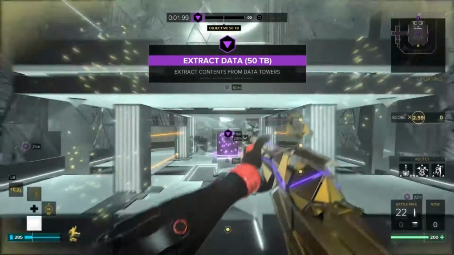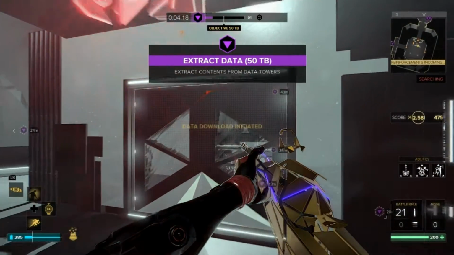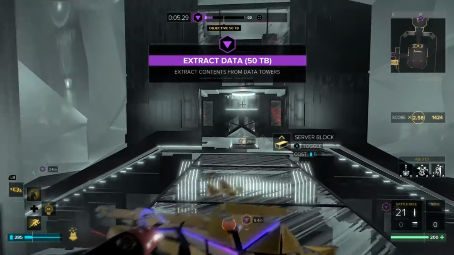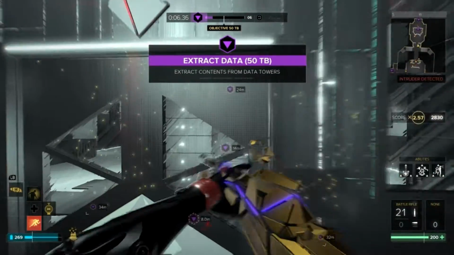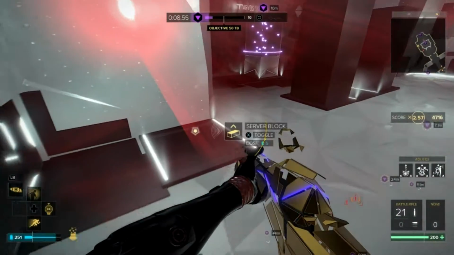Right, the speed run. I'm going to show this twice, once at half speed and once at full speed. So you want to jump, Icarus Dash, shoot that glass, run through here as quickly as you can, use Icarus Dash to cover that distance. Go down to the left, Icarus Dash down there, head towards the server tower,